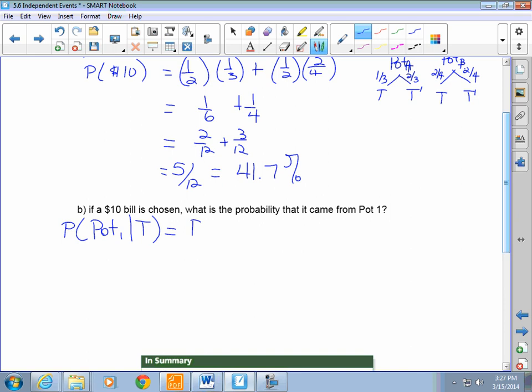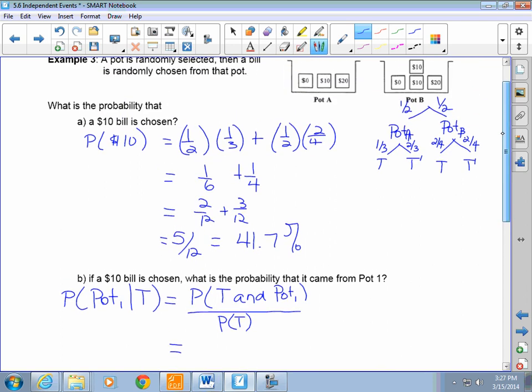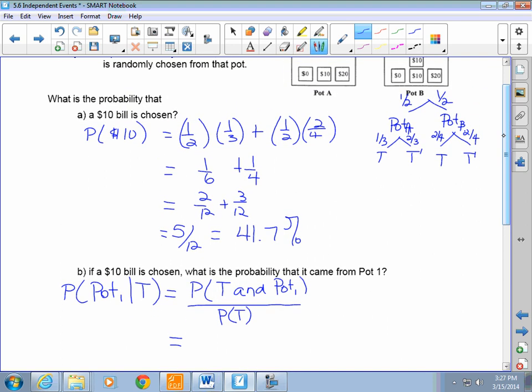So that's saying, what's the probability that it was a $10 bill and from pot 1, over the probability that it is a $10 bill? Sorry, pot A. You have a 1/2 chance of getting pot A and